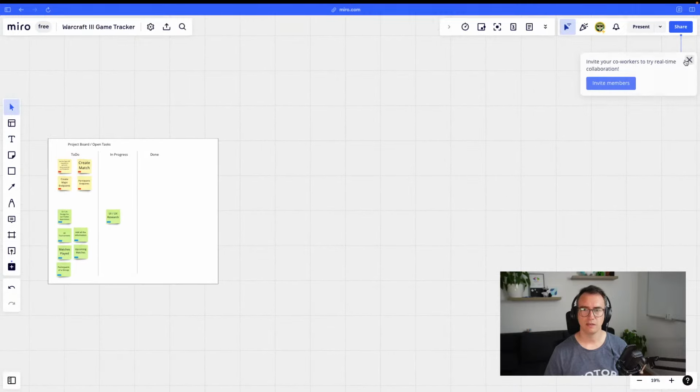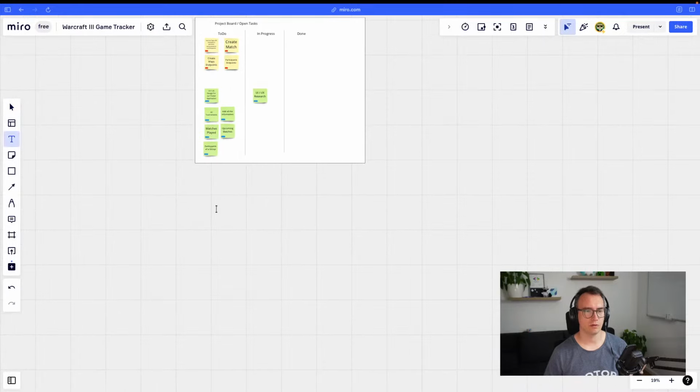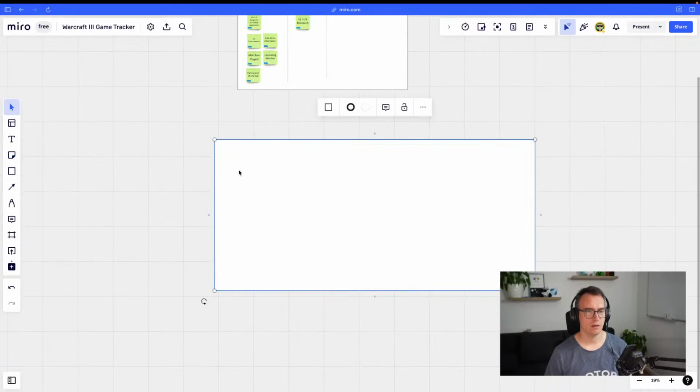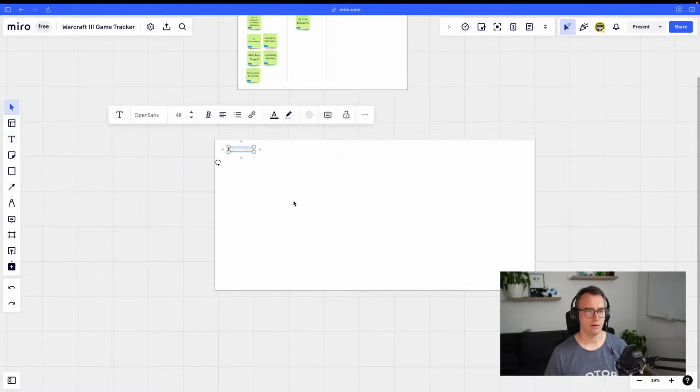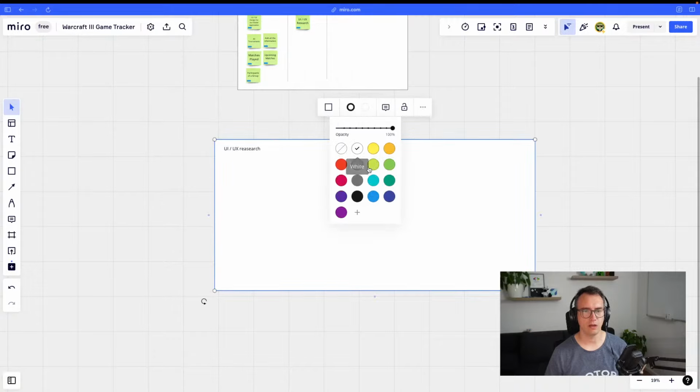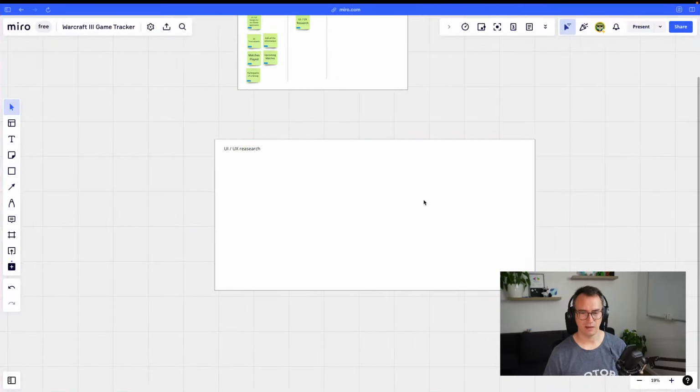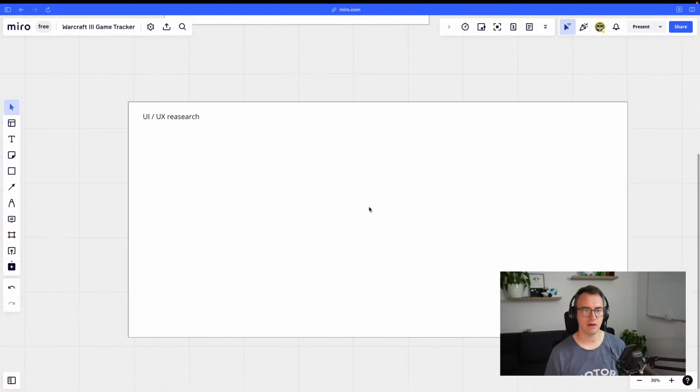Isn't it great? So, and what we can do now, thanks to Miro, is we could create just another space here. Maybe do it with this. And we add here a pane, and inside of here, whoops, we add a text where we call it UI UX research. So, maybe make that a little bit more colorful, just because. Okay, let's keep it white, because what I would like to do here is collect other ideas or apps,